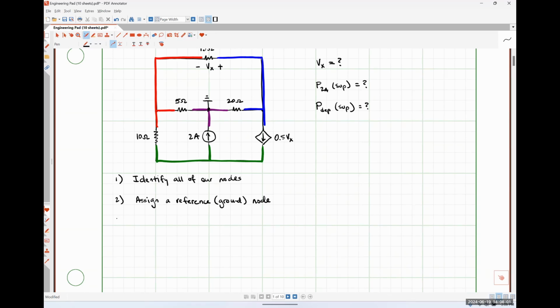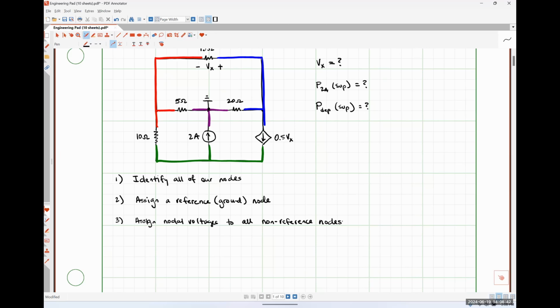All right, so our third step is to assign nodal voltages to all non-reference nodes. So what I mean by this very specifically is we're just going to effectively label each of our nodes with a voltage. And then those are the nodal voltages that we're going to wind up solving for using this